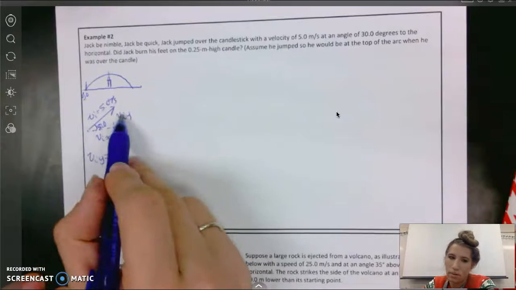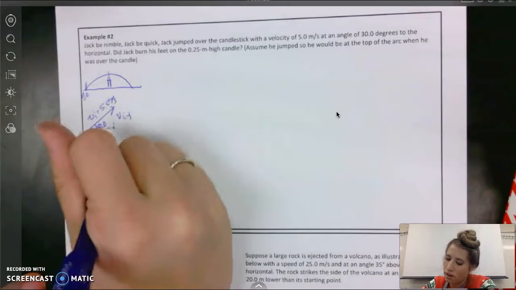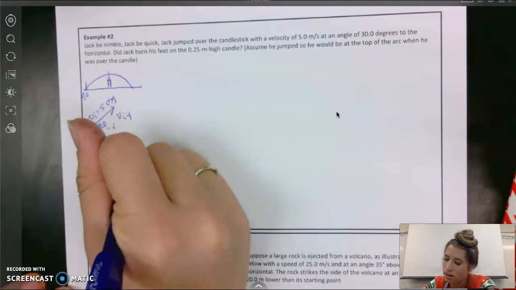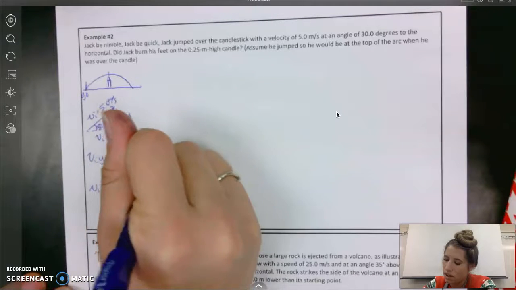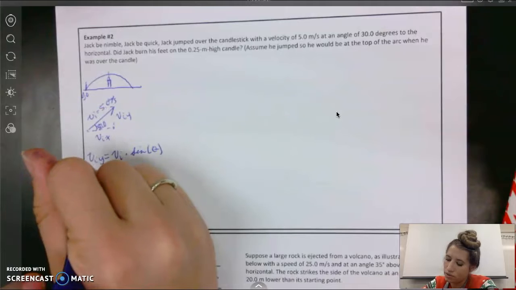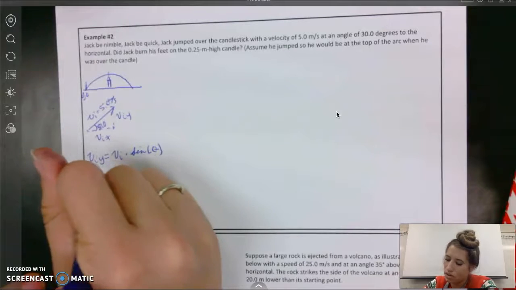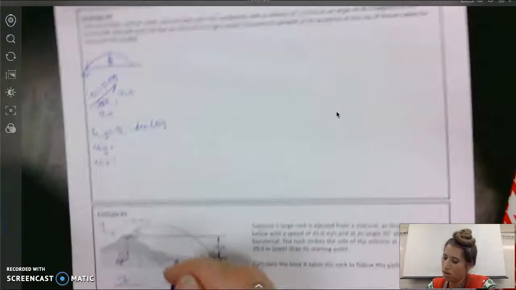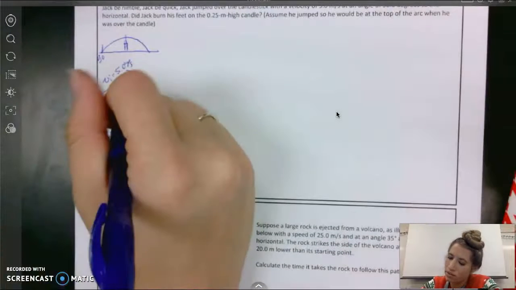The y is opposite from the angle, so I'll take my hypotenuse and I'll multiply that by sine because it's opposite of the angle. So when I plug that in, I'm going to take 5 times the sine of 30, and that gives me 2.5